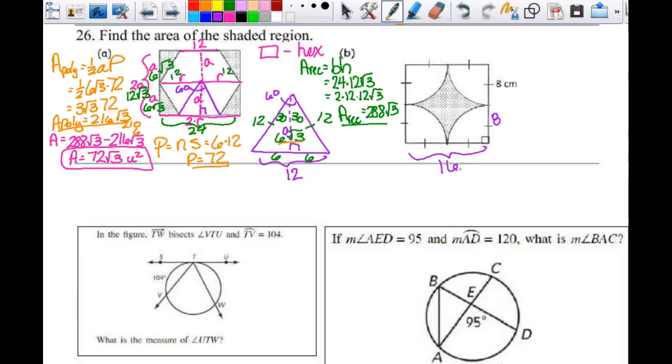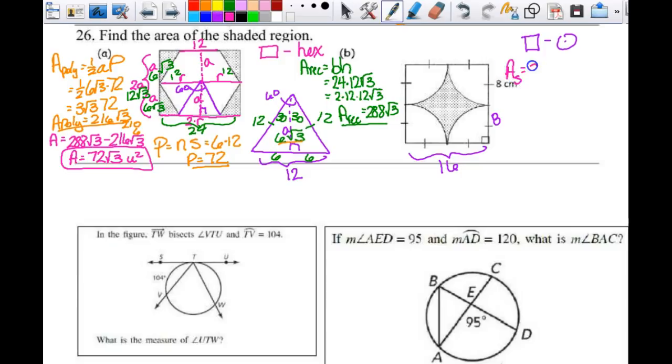Each one of these little sections that's not shaded is a fourth of a circle, but they're all the fourth of the same circle, right? So if you put 4 of them together, you get a whole circle. So your plan from the beginning can just be square minus circle. Okay? You can treat it as a square, you can treat it as a rectangle, doesn't matter, but area of the square